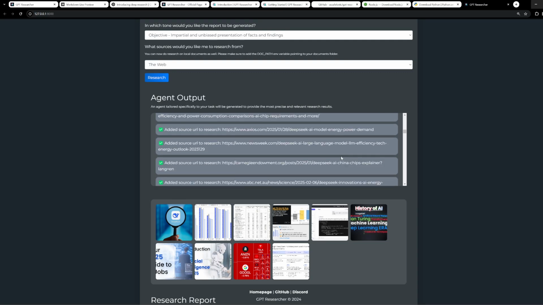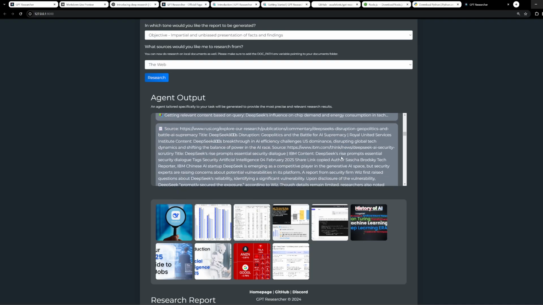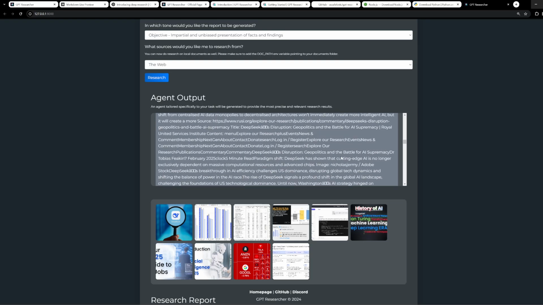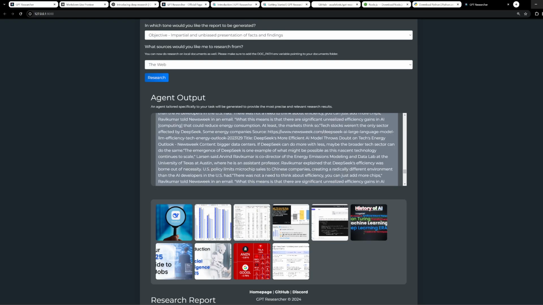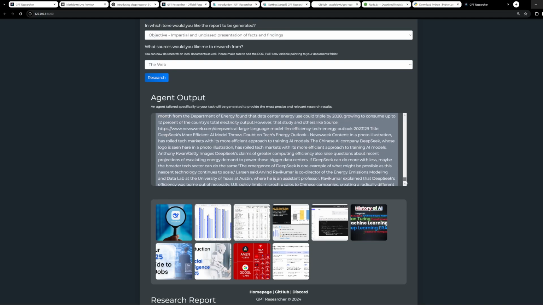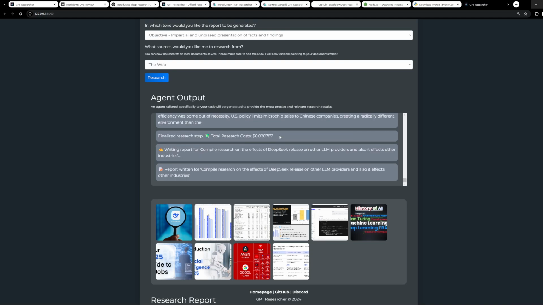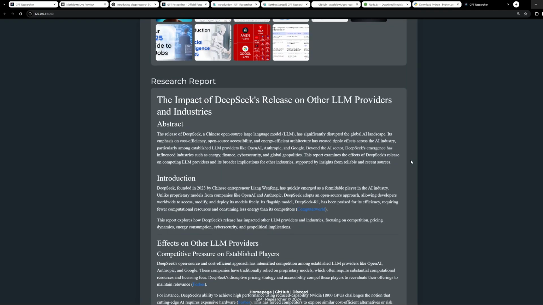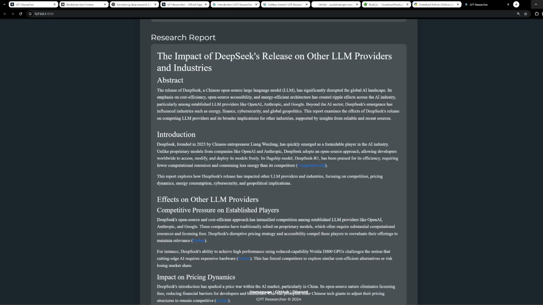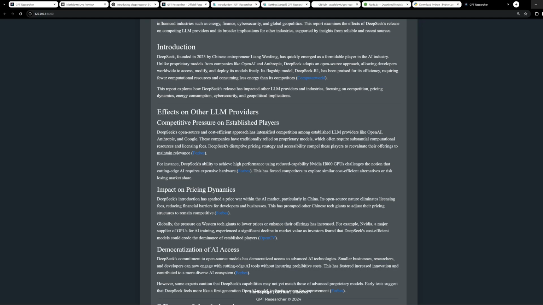So we should have some cost also somewhere in here. So it does give us the cost of this entire search. So it did cost me 2 cents for this entire research. So it's pretty neat. So there's an abstract, an introduction, effects on other LLM providers,